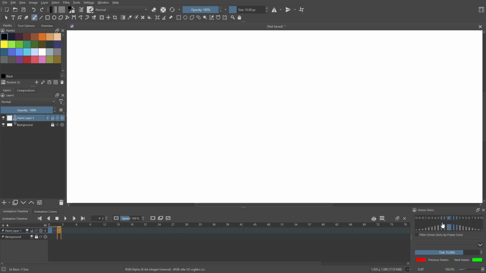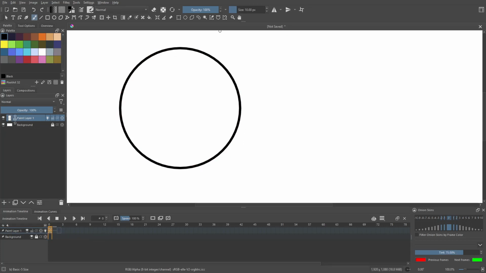So if you don't understand what I mean, you'll see here in a second. Now let's go ahead and turn onion skinning on by hitting this little light bulb button right here. You can see that it now creates a little red circle. The red means that this is a frame that's behind the frame that we're on. So it's one of the previous ones. And if we go to that frame, it'll turn black because that's actually the frame that we're on. If we go forward, the frame in the back will be red, and if we have a frame ahead,